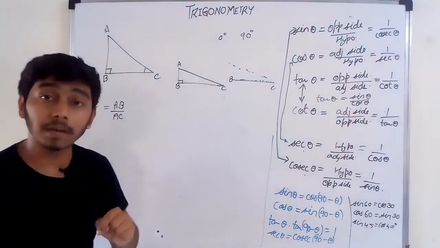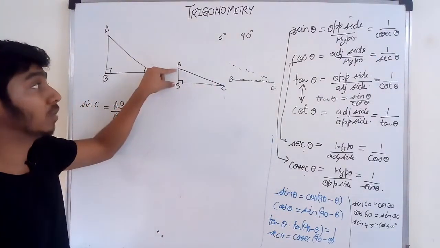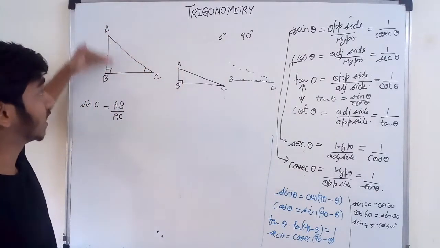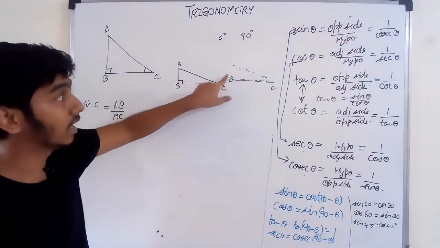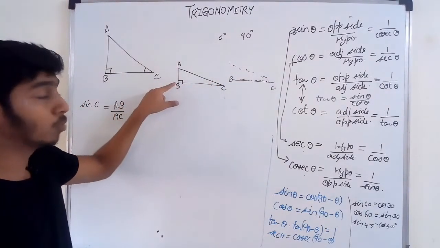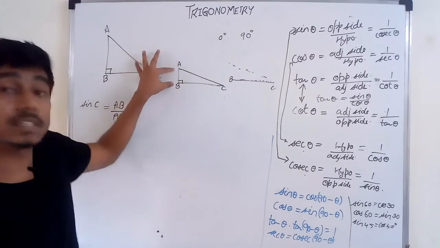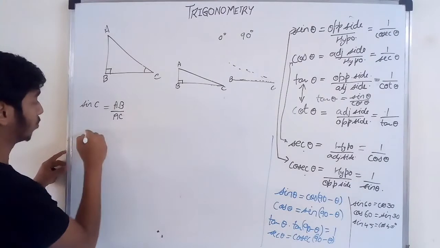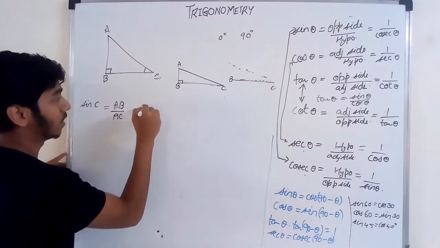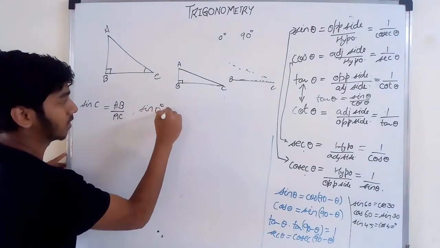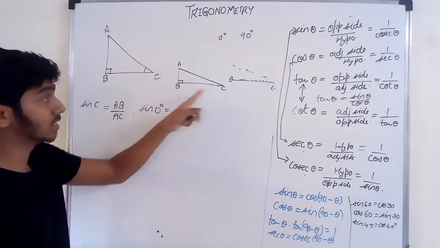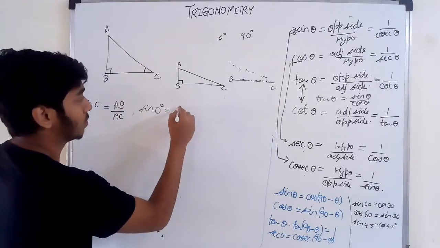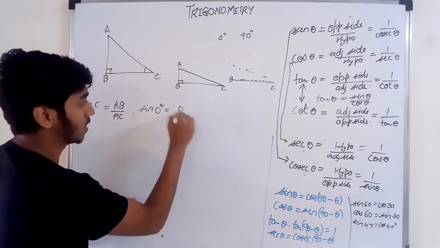Same way, if this angle becomes 0, what will happen to AB? It will become 0, yes or no? Because this kept on decreasing, so if this line falls on B, this A will come to B and there will be no distance, it will become 0. AB will become 0. Therefore, what do we come to know here? That sine 0 degree is equal to, when you substitute C as 0, then AB also becomes 0. So this will become 0 upon AC.